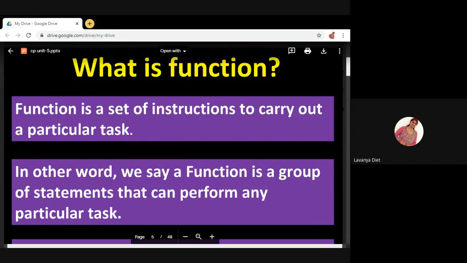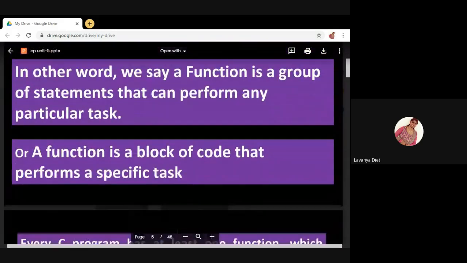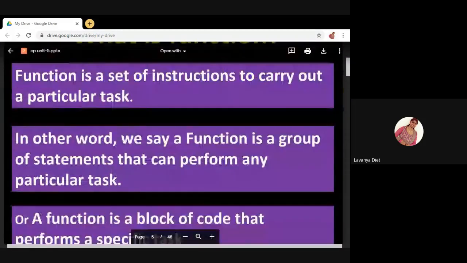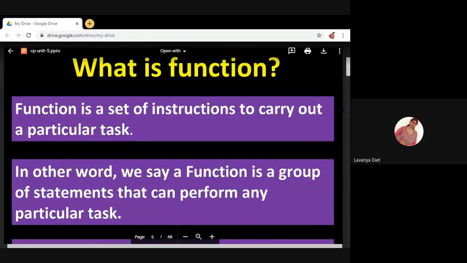A function is a group of statements or a set of instructions that will perform a particular task. A program may contain many functions. Each function will perform some task. Inside the function there will be a set of instructions or group of statements. This is called a function. Once again, see the definitions in the presentation, and you will understand what a function is.